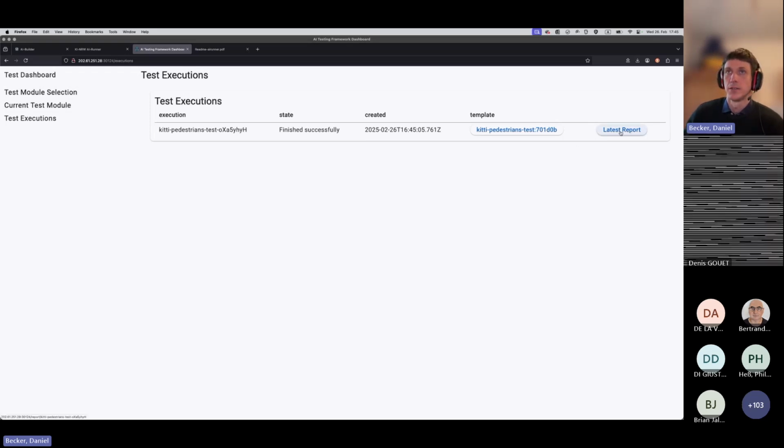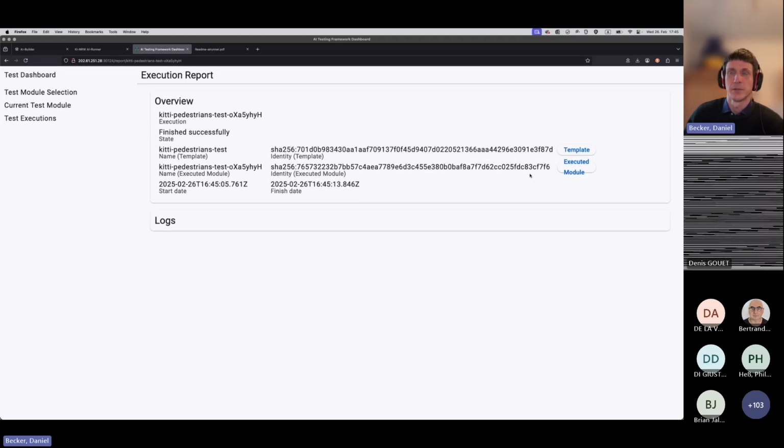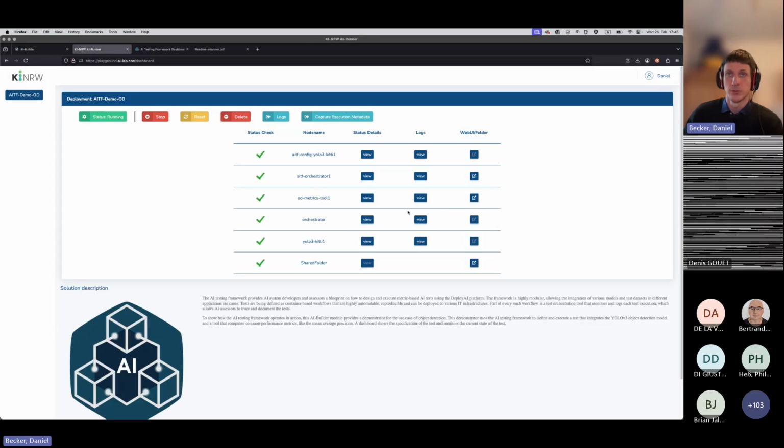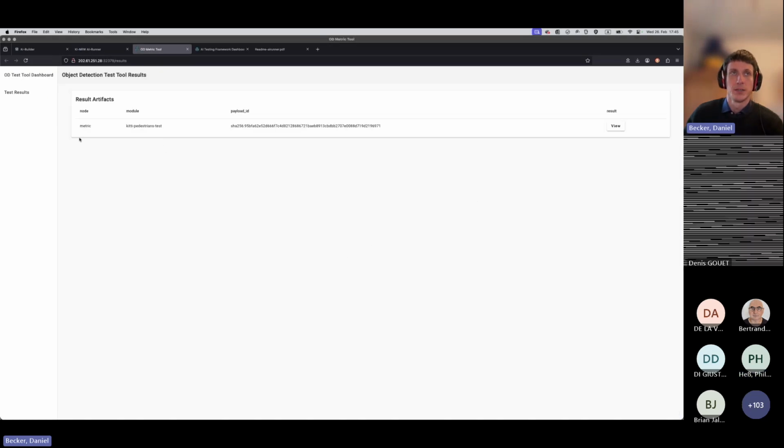Then I can see what has been created, but if I would like to actually see the results, I would go to the metric tool, which itself also has a web UI, which allows me to see the results that I created here, with a unique identifier.